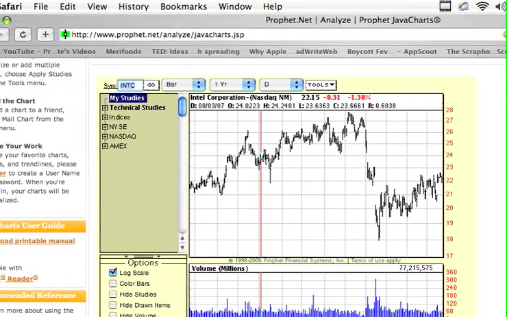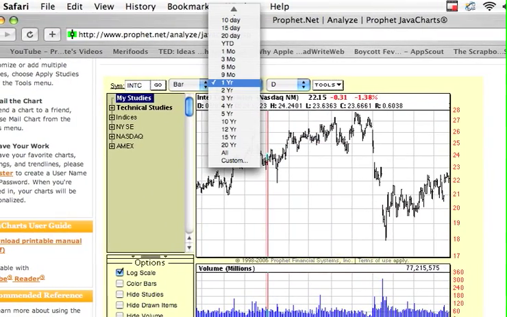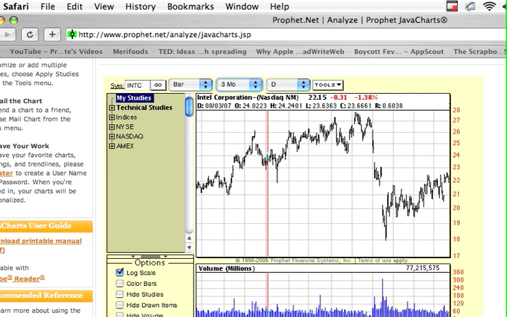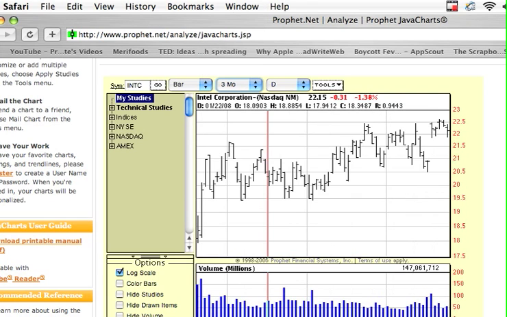I'm going to change the 1 year because I want to see what's happening in the more recent activity. So let's take a look in the last 3 months. This is a bar chart. The way you read bar charts is kind of funny squiggly lines, but if we take a look at, well, here's one